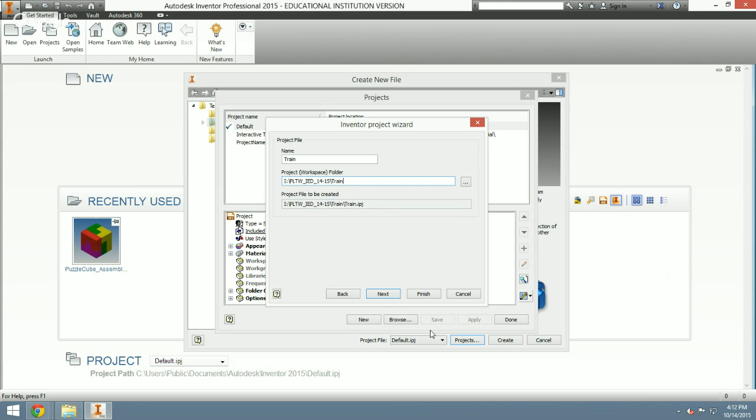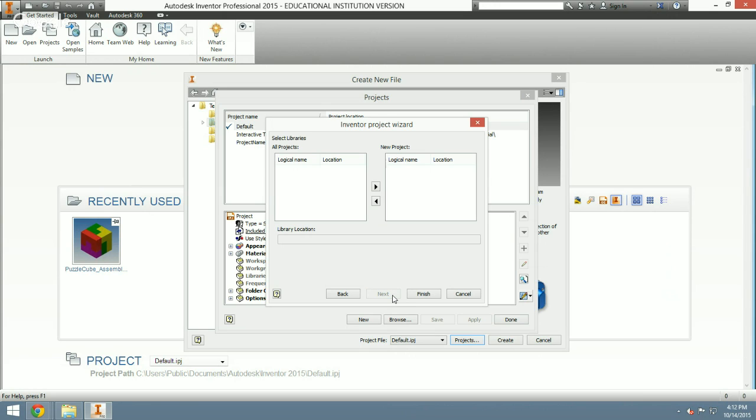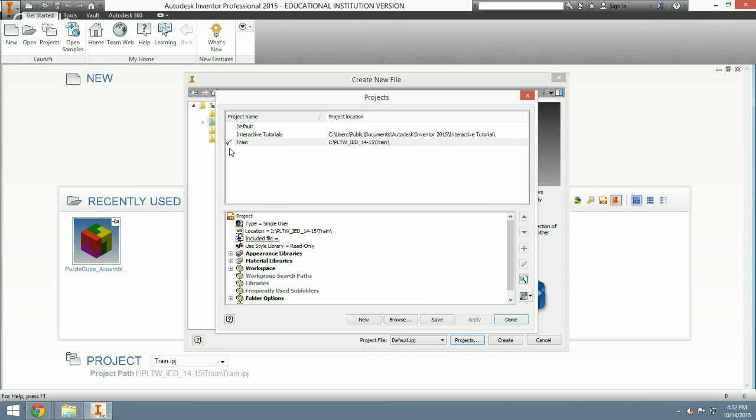So I'm going to click Next. And I'm going to click Finish. I don't want any of this wizard stuff. And there we go. So notice I have a project name called Train, and it has a check by it, meaning that is the active project. So when I go Done,